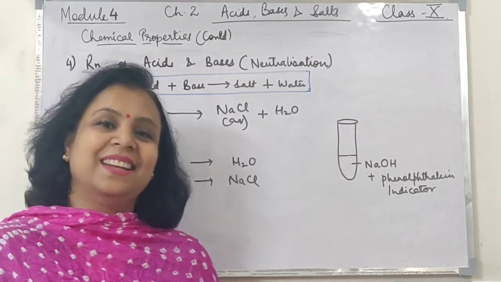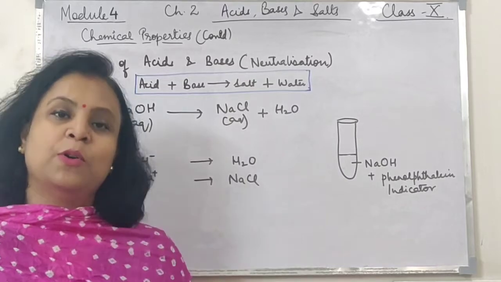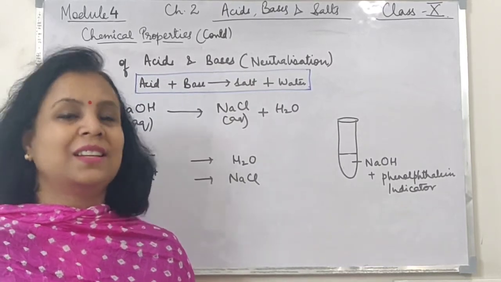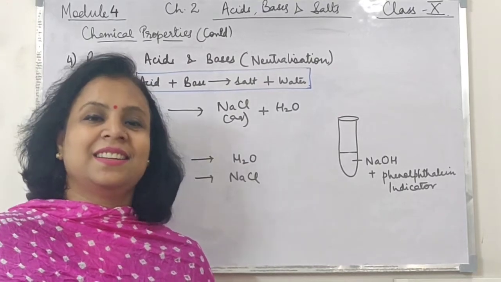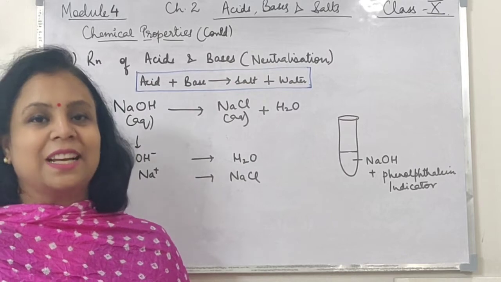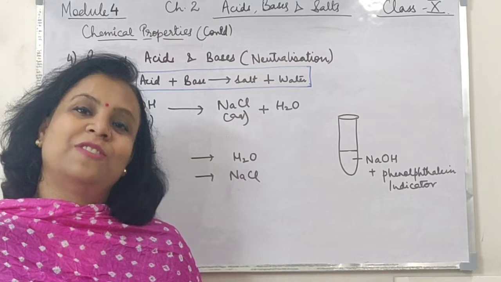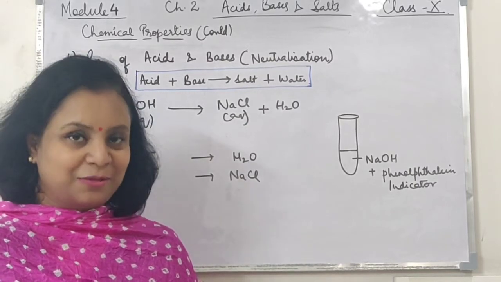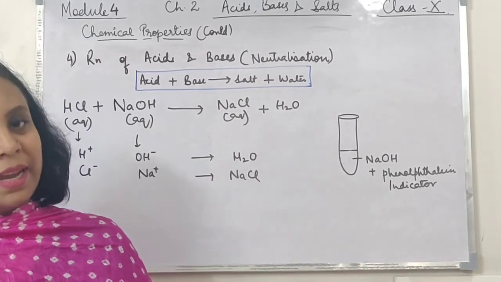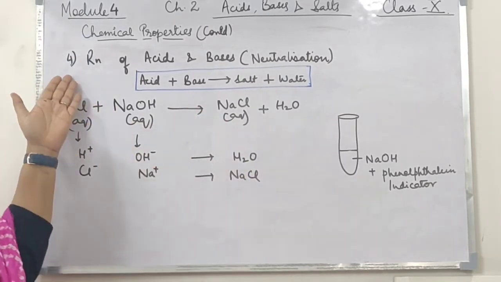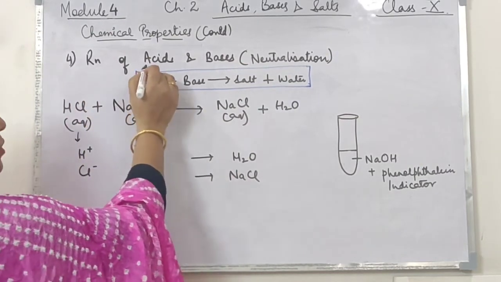Children, we have been studying acids, bases, salts since the past few days. We have studied about physical properties of acids, bases, salts. We have studied about indicators, and in the last class we studied about the chemical properties of acids, bases, in which we studied the reaction of acids with metals, reactions of bases with metals, and reaction of acids with metal carbonates and bicarbonates. Today we are going to discuss the fourth very important type of reaction, the reaction of acids